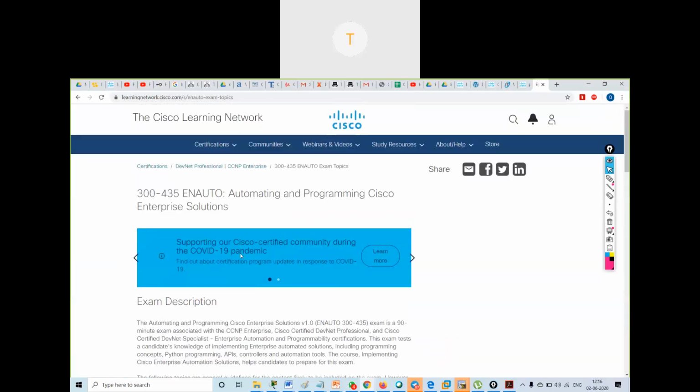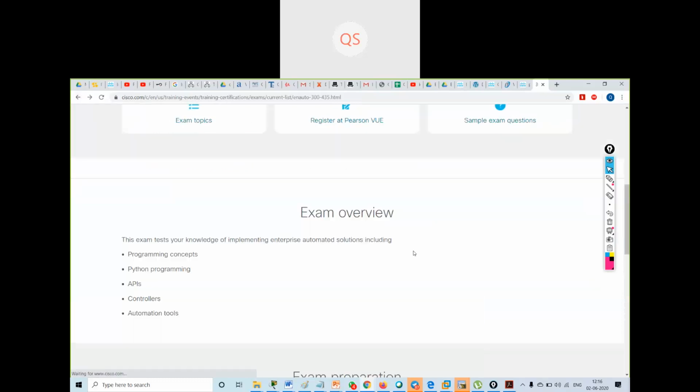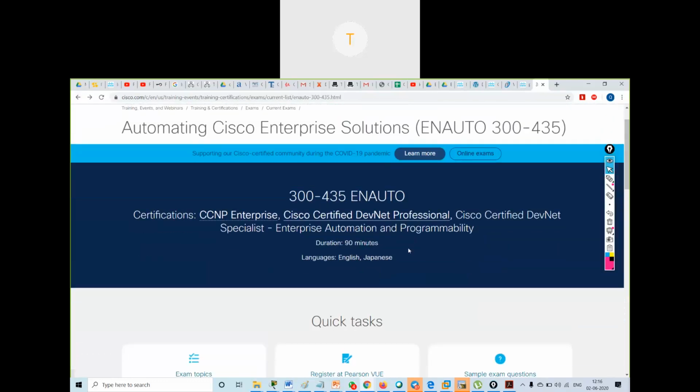On that last page, if you go one page back, for some reason I thought, do we need a CCNA associate or DevNet before doing this? No. See, if you are doing N auto, this is CCNP Enterprise, you will get a CCNP Enterprise certification, and also you are a Cisco Certified DevNet Professional. If you are doing Cisco DevNet Professional, you can say 30% you will get knowledge about DevNet Professional.